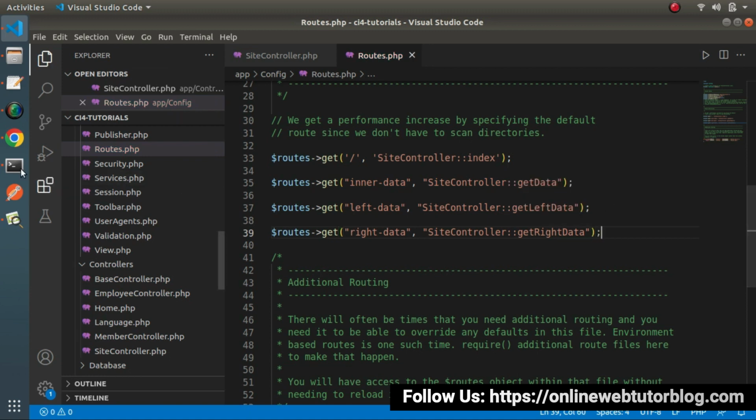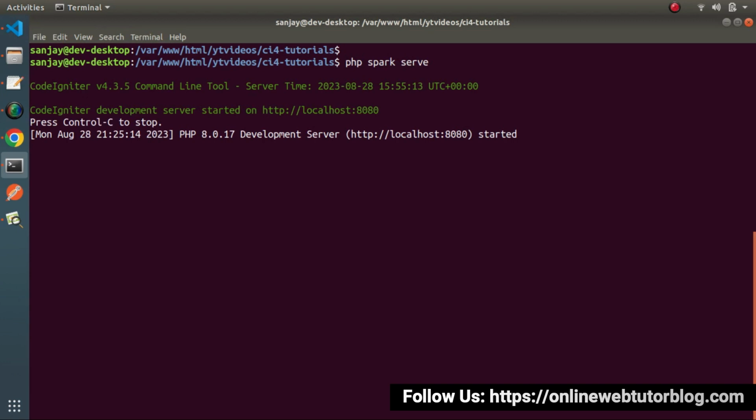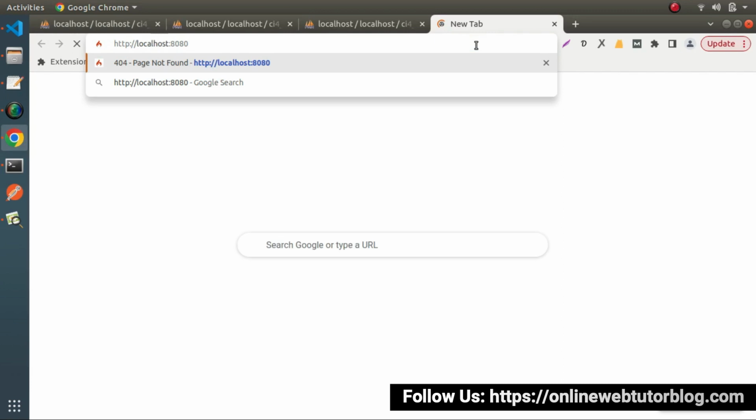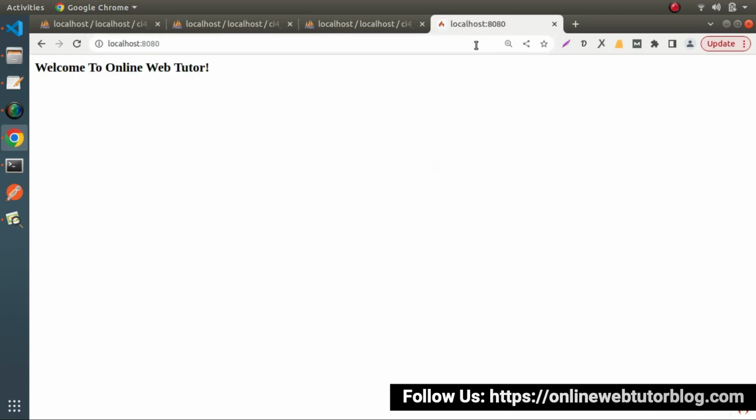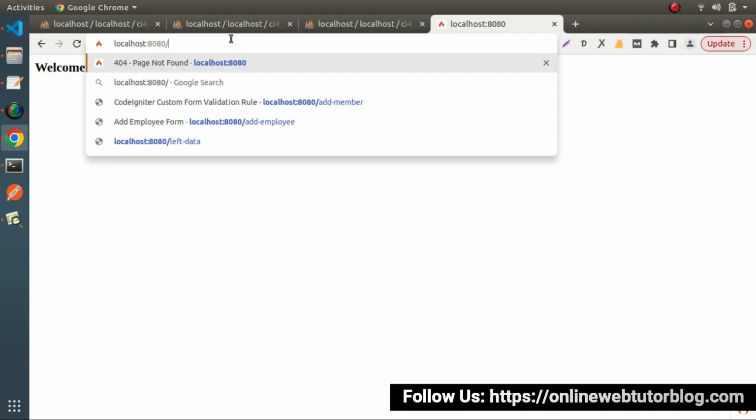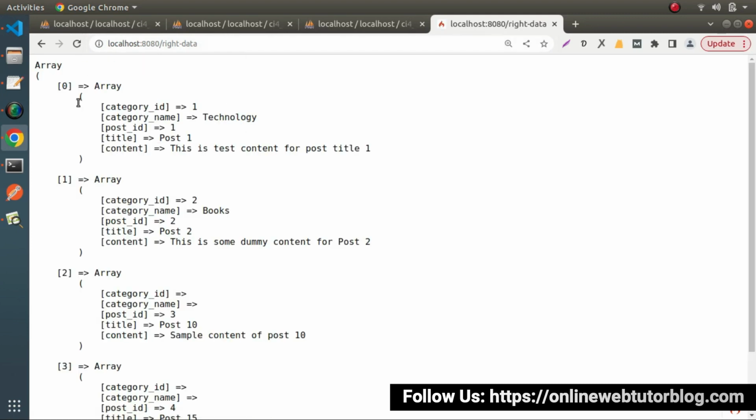Save this change, back to the project terminal, let's start the development server. So php spark serve, it will start the inbuilt development server to access the project URL. So here we have the URL, so I will copy the link, back to the browser, open a new tab, paste here, press enter. As we can see the default landing page, go here and I will open right-data. So put / after the project URL, and if we press enter, now we can see that we are getting